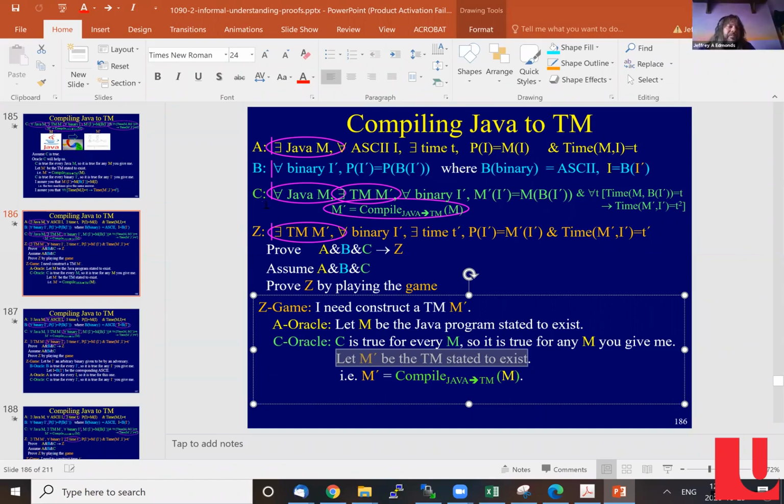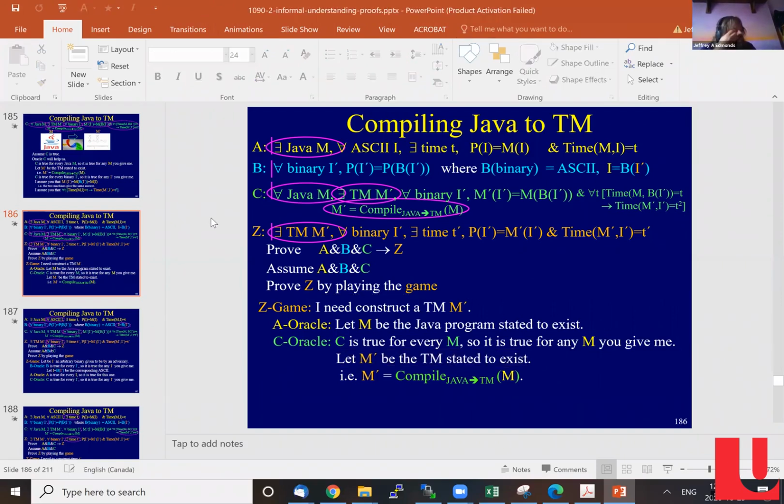Now, you might be confused. It's harder because we have an A, B, and a C. In what you're doing, there won't be an A, B, and a C. There'll only be an A. Given A, you have to prove Z. So maybe what